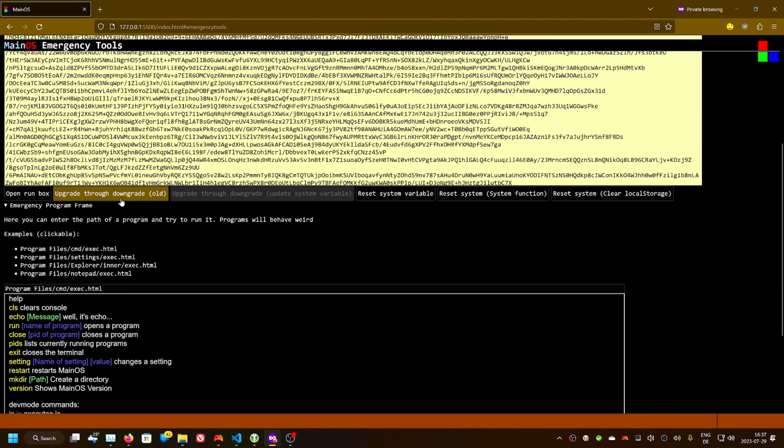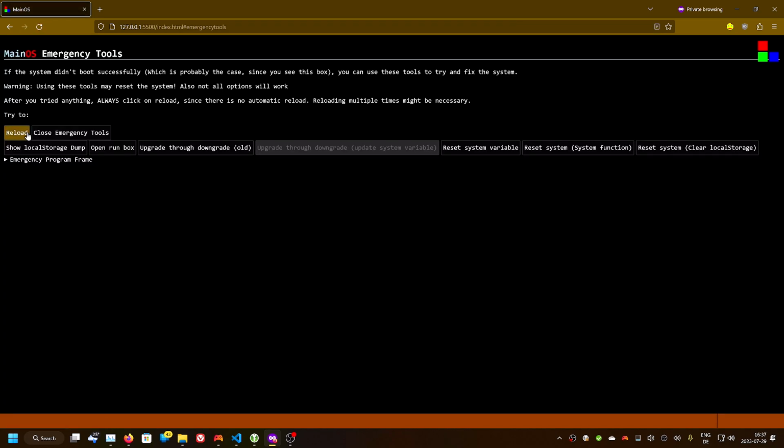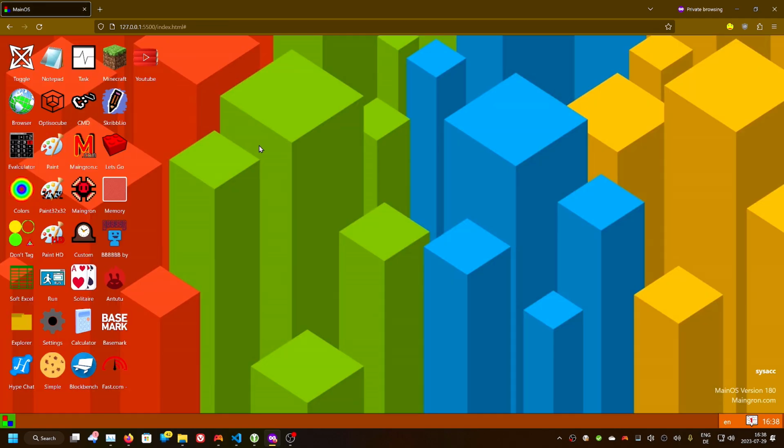You can upgrade through downgrade, which basically will just start an update in theory, or it would have started, but it won't anymore. You can reset the system variable, or you can reset the entire system by using the system function, or by just clearing everything. Let's just reset the system variable, reload 2 times, and there we are,